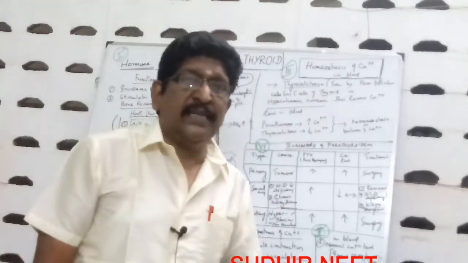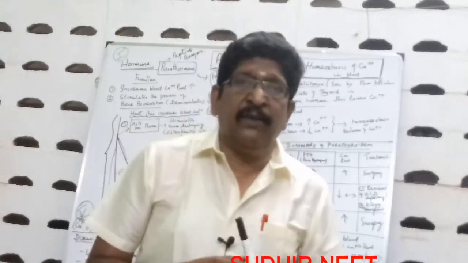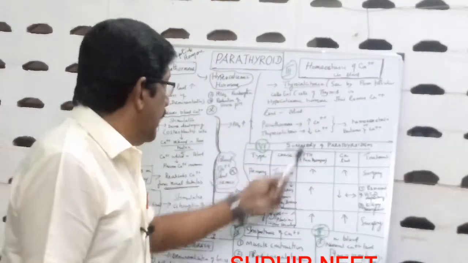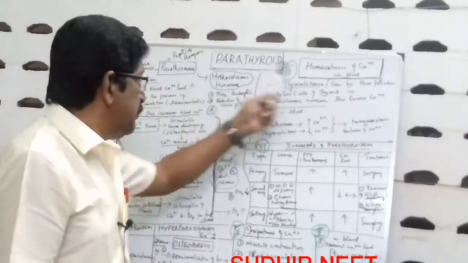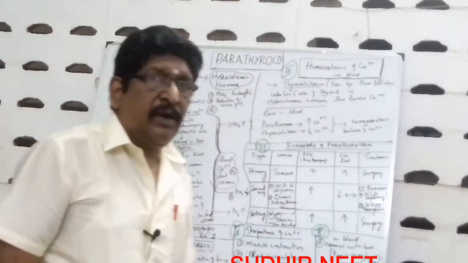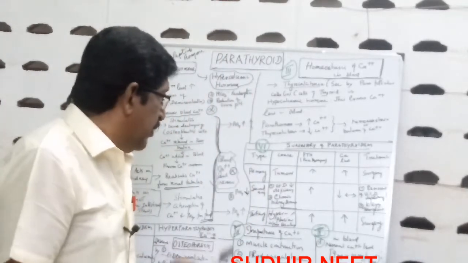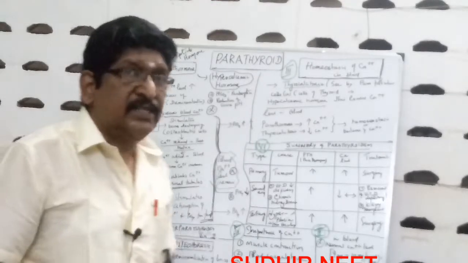Thyrocalcitonin is a hypocalcemic hormone, by which the level of calcium homeostasis is maintained in our body. And then we have seen the calcium. I told you this parathyroid gland is important for maintaining the calcium. What is the importance of calcium in our body, we have seen. And then the disorders,